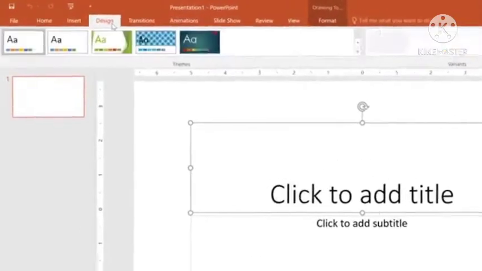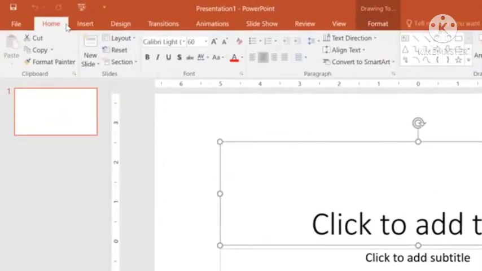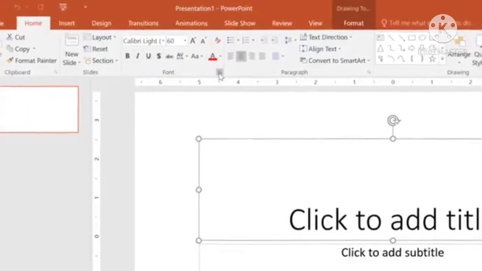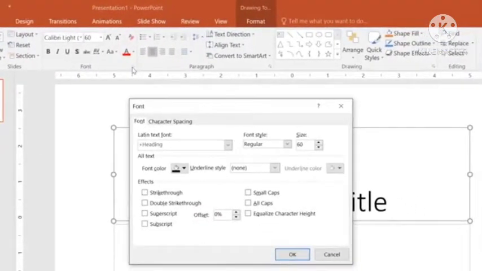And now select the Home tab to write the text. Here this is the font box, meaning you can format the text through this font dialog box.